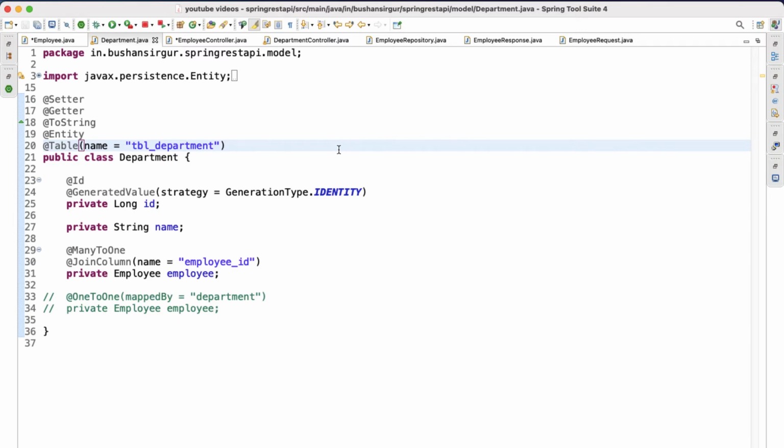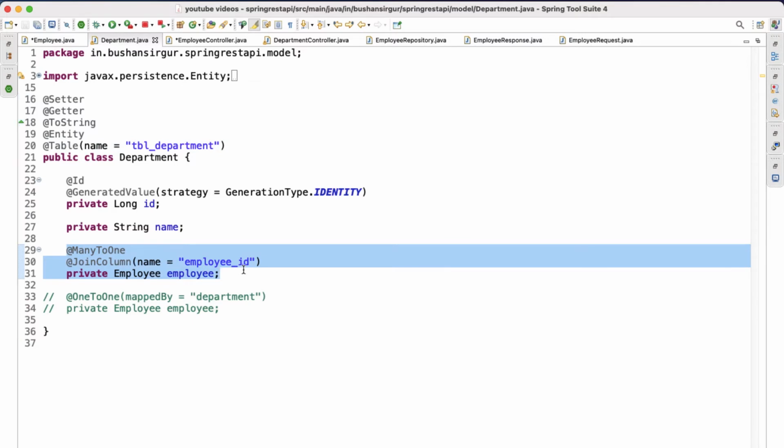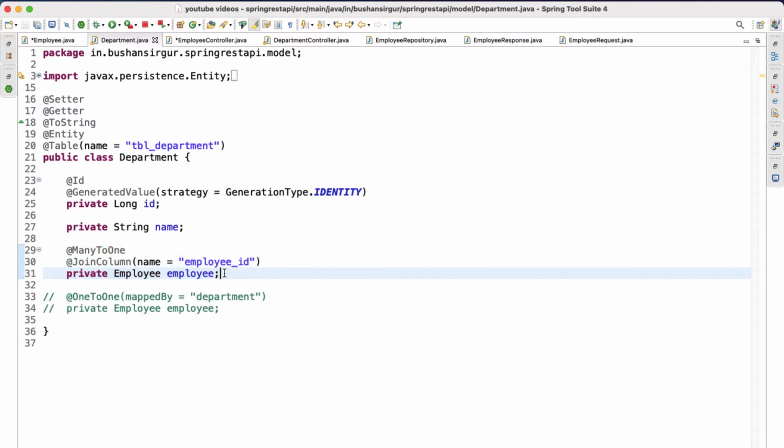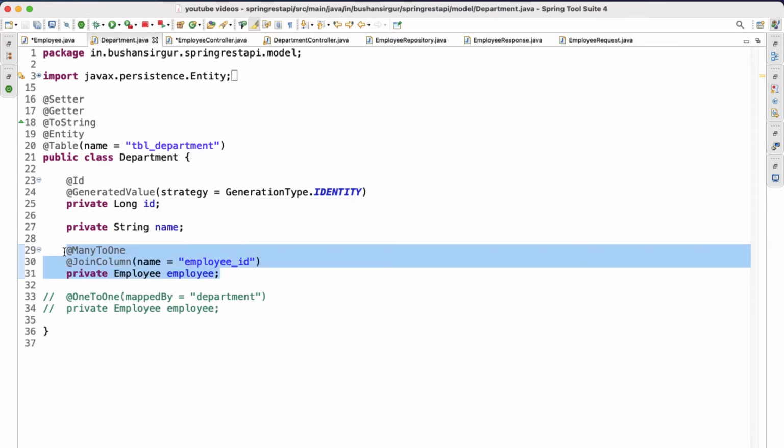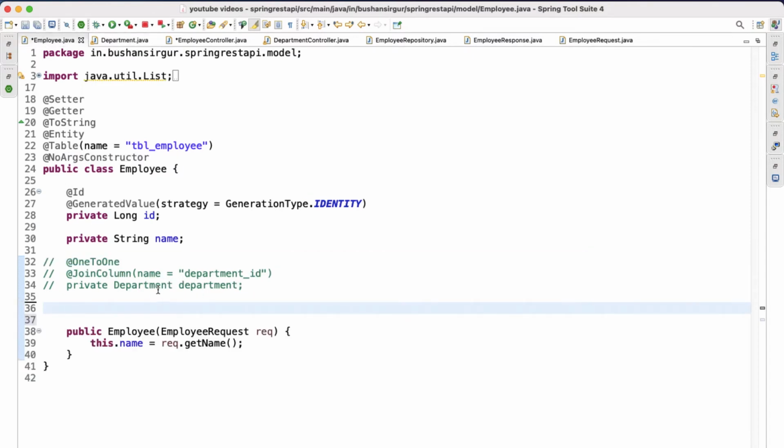In the previous couple of videos, we have discussed the one-to-many mapping, and in this video, we are going to see how to achieve the one-to-many mapping with the bidirectional. If we look at the existing application, inside the department we have this many-to-one mapping. So this department entity contains the employee reference variable. Once we get the department object, we also get the associated employee object. But if we get the employee object, we don't get the departments. So for each employee, we don't get the information about how many departments he is associated with.